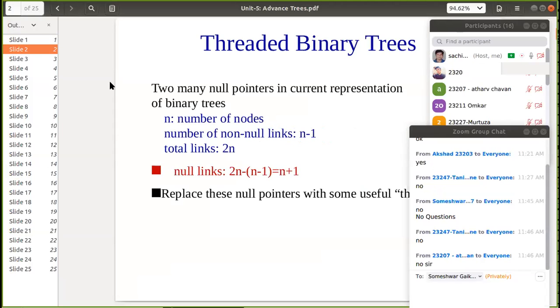So what is threaded binary tree? Threaded binary tree is a simple binary tree where we are simply utilizing the null links, because in the binary tree representation we are having more number of null links than non-null links. So we are utilizing those links in order to serve a certain purpose. So we are creating the threaded binary tree. And if we are creating the threaded binary tree without using any extra data structure, we can traverse the tree, and that is the advantage. So we have seen what is the threaded tree, how that is represented, and how we can traverse the threaded binary tree by using in order traversal.